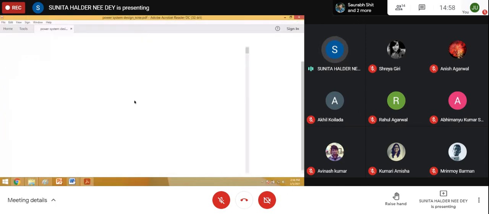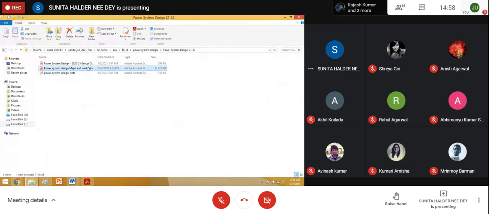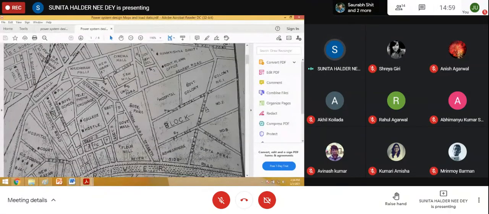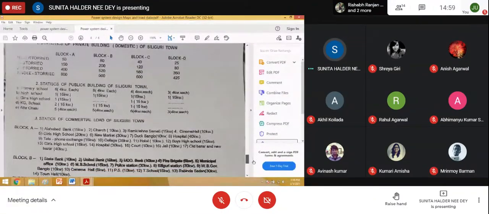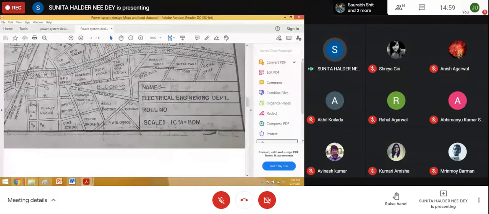And then if you go to the power system design node, let me say something more on the map. Why is the map given? For any particular area, block A or block B, some load is given. You have seen, along with that, at the last part, there is some load data. Where is the load? Sometimes it is indicated in the map, sometimes it's not. There is some particular reason for that. When we reach that particular position, then I shall explain.